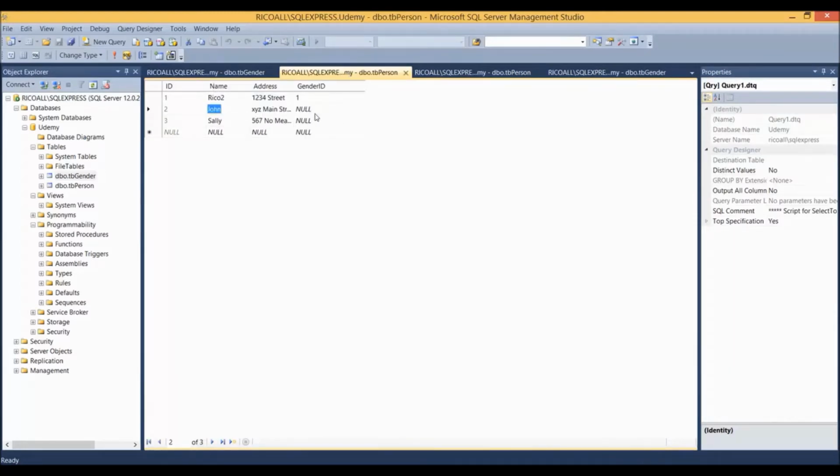So we'll also go back to John, and John is a male. So we're going to set his gender ID to 1. And we're going to set Sally's gender ID to 2 because Sally's a female. So now we have these 2 tables, TB gender and TB person, and we have an imaginary foreign key. It's not a true foreign key yet because we haven't actually created that connection yet. But we have 2 tables, and we have 1 table that points to another table via a naming convention. That's where we're going to stop today. We'll get back